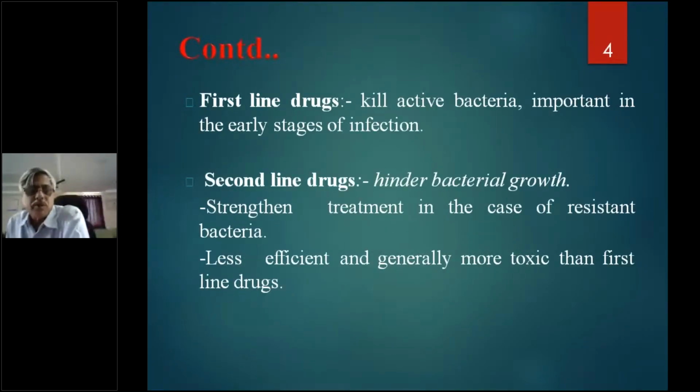So, mono-resistant, of course, it may be resistant to another drug. What is multi-drug resistant tuberculosis? Multi-drug resistant tuberculosis is a patient who is resistant to both rifampicin and INH, or one of them. Rifampicin and INH, that is multi-drug resistant. He may be resistant to other drugs, other third or fourth drug, or may not be resistant. But if they are resistant to these two drugs, rifampicin and INH, it is known as multi-drug resistance.